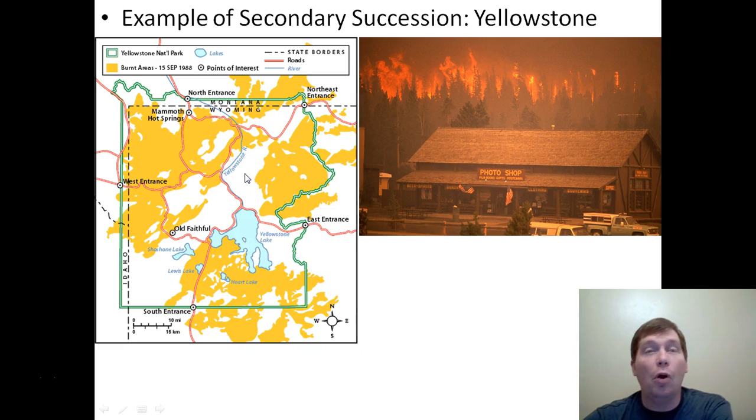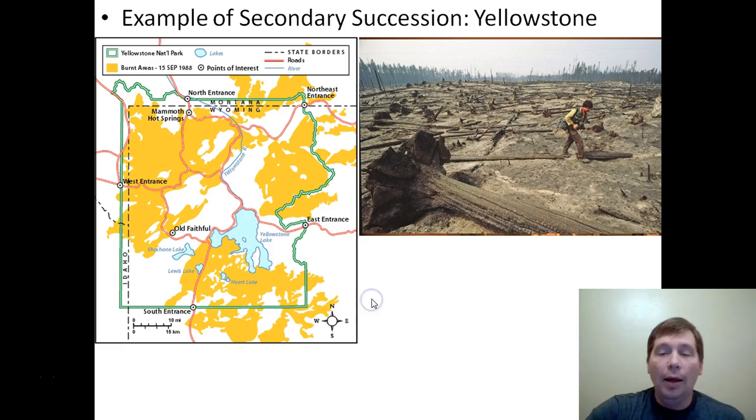The fire was so intense we couldn't stop it. This fire burnt the whole summer of 1988 and didn't go out until September of 1988 when the rains and the snows came and put it down. We could not stop it. It was a huge, huge fire. And the result of it is lots of Yellowstone National Park looked like this. In September of 1988, huge swaths, every part that's in yellow here of Yellowstone National Park looked like this. So we had a big thing that came in and killed off the living things.